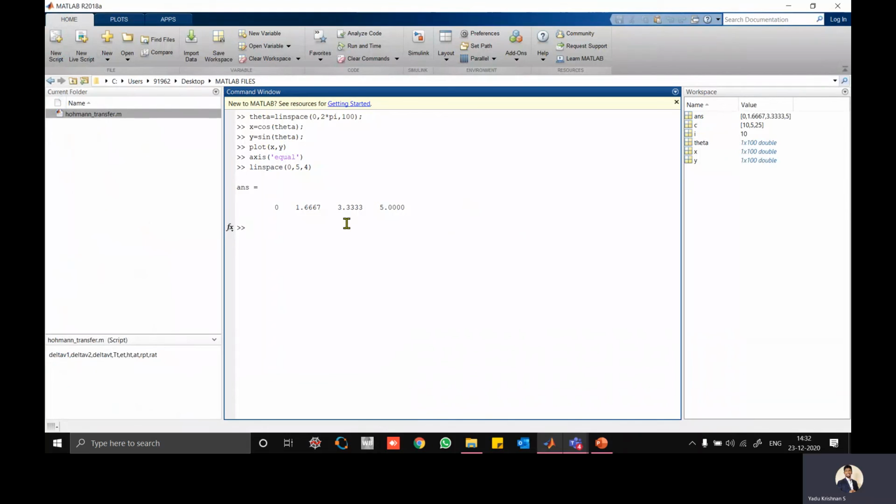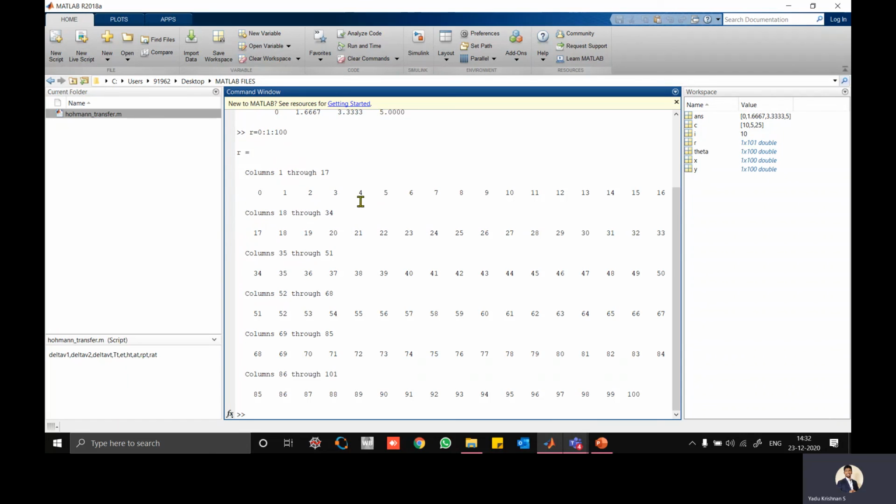So how will you get it when the increment is 1? It's very easy to do that. Let's take another variable r, equal to the initial value, the increment and the final value. See here, 0 colon 1 colon 100. So this gives the initial value, 100 is nothing but your final value, and 1 is nothing but the increment.